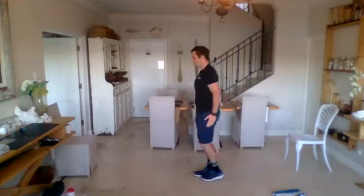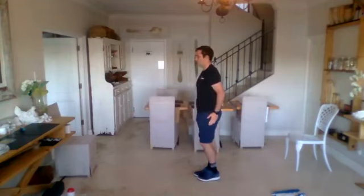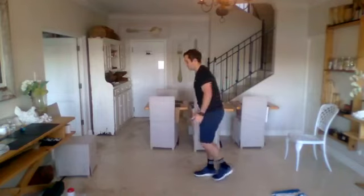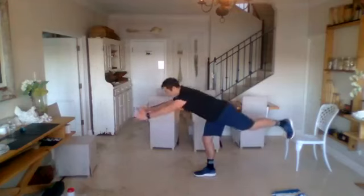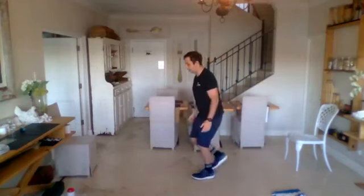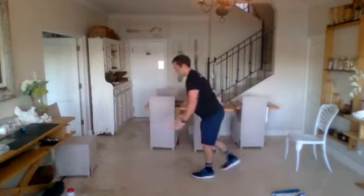4, 5, don't rush it. Keep this hip down. So don't allow the hip to rotate. 6, 7, 8. We're going to swap sides. So side bend in the knee. We're hinging forward. We're going 1,